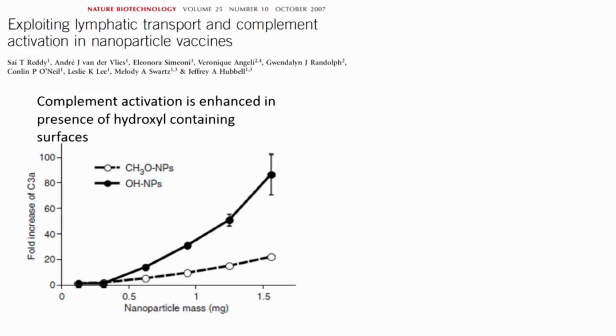So what they did is, they took this 25 nanometer particle and made it with different functional groups on the surface. They put hydroxyl, or they put a methyl group on this, and the whole idea here was that, if you remember our initial classes on lymphatics and the complement system,